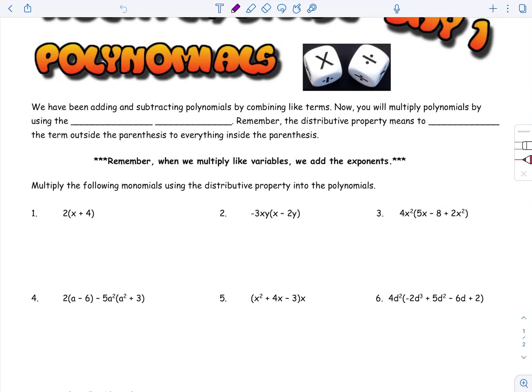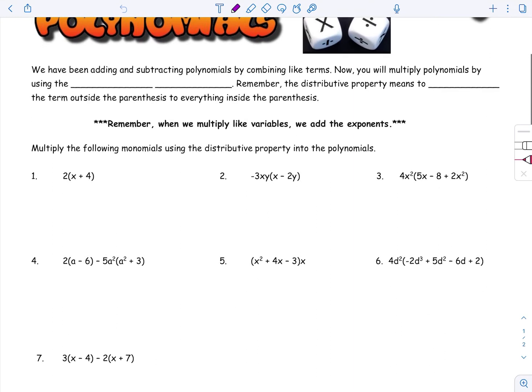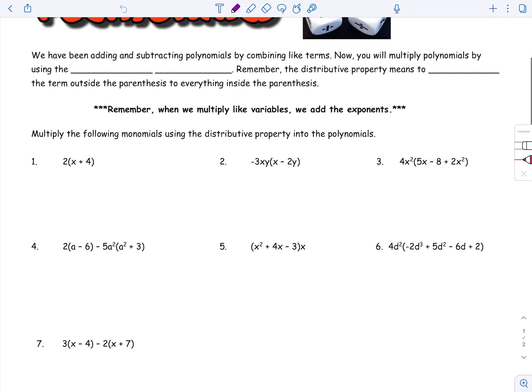Okay, guys. Of course, we've been talking about multiplying binomials and what that means. We talked about using FOIL, double distribution, all types of things. But we're going to go back over the distributive property. It says when you multiply polynomials, now you will multiply polynomials by using the distributive property. Yes, we did adding and subtracting, but we did not do this portion after it. So we're going to go back a little bit to make sure that we know how to apply this distributive